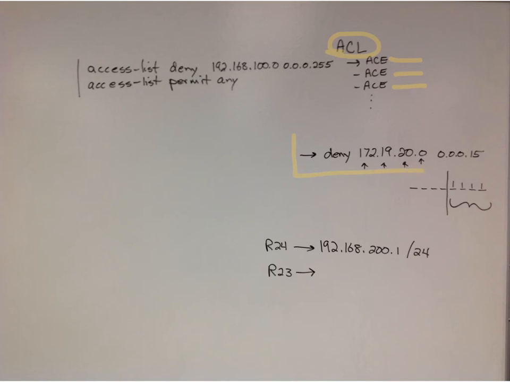So for example, we took a look at this access list. Match, and then 15, we took a look here. These bits will be ignored, and these bits will be looked at. Okay, so we talked about wildcard mask,